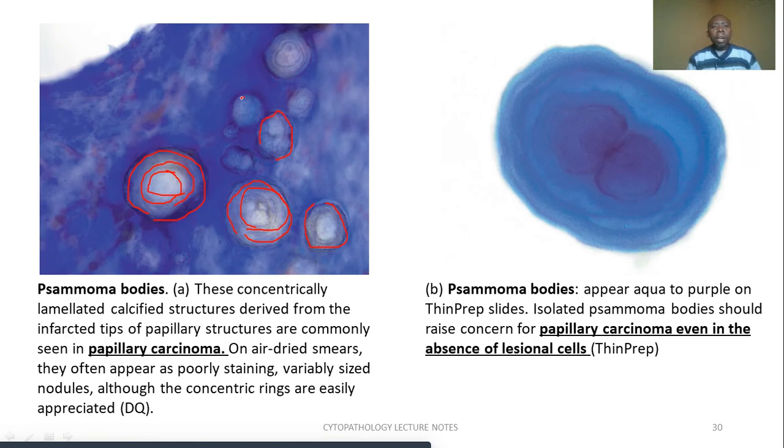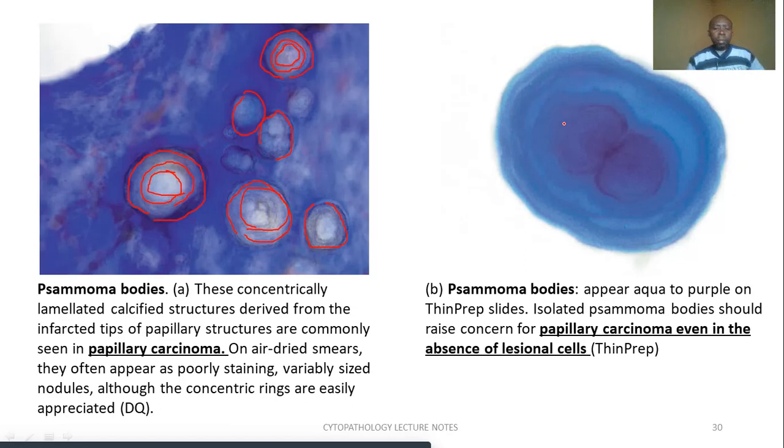They can be big and sometimes they can be small, but they have their distinctive appearance. Like when we look at these concentric laminations, actually this one is very clear. You look at this, and this gives us a very clear picture of what a psammoma body is, and